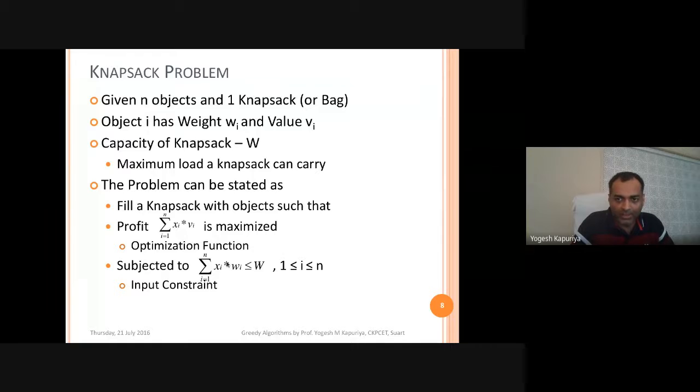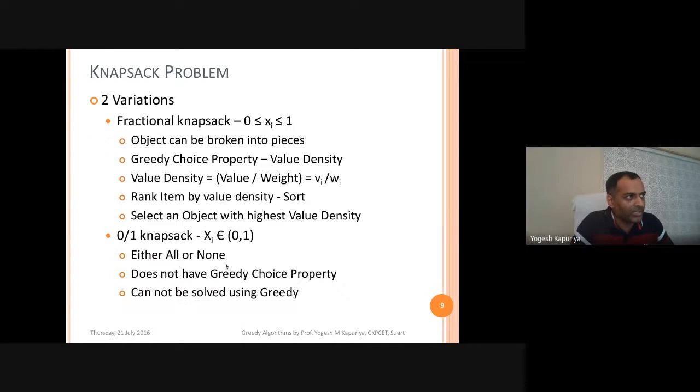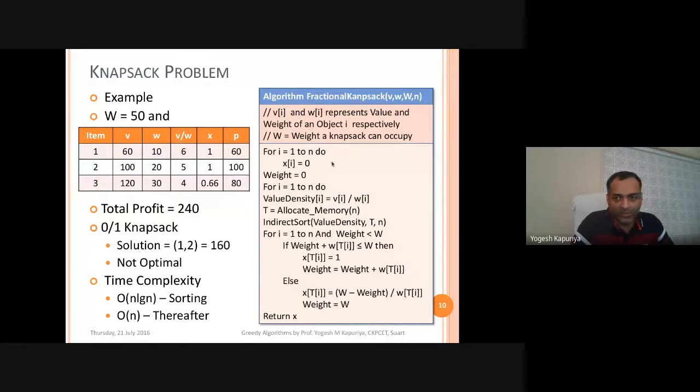So initially you make sure that none of the objects are selected, that means your knapsack is empty. You simply start from the first item, go till the last item, and make xi equal to 0. Equal to 0 means that item is not selected.